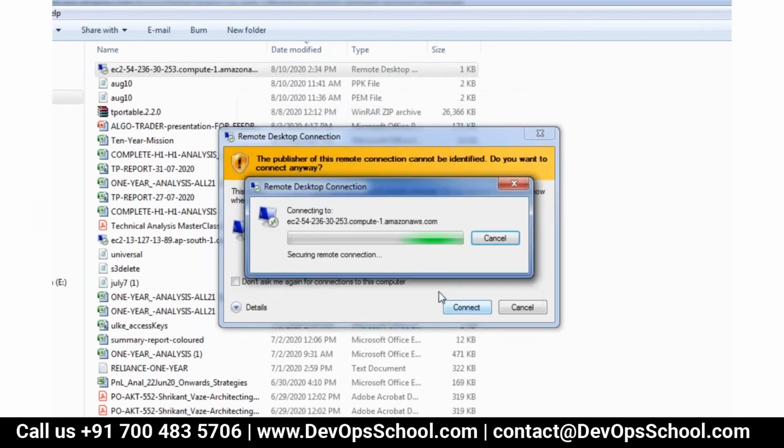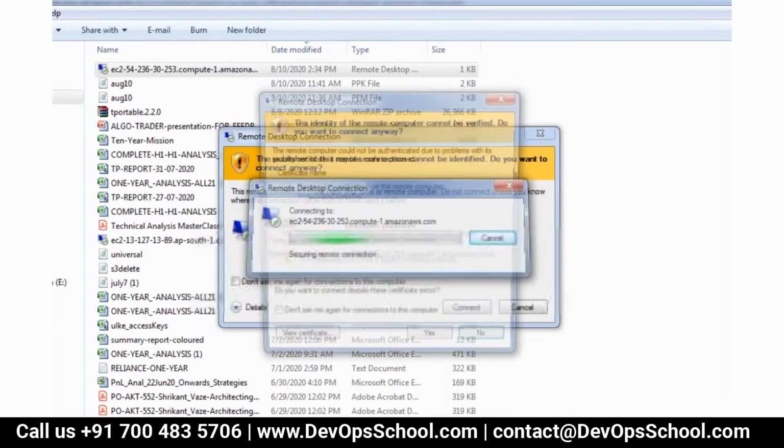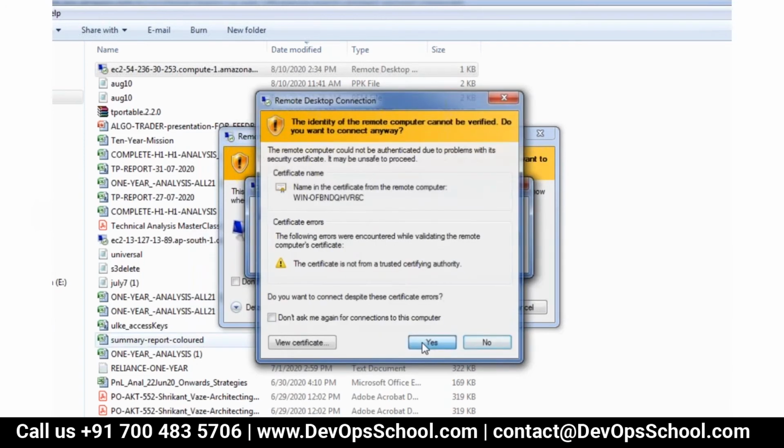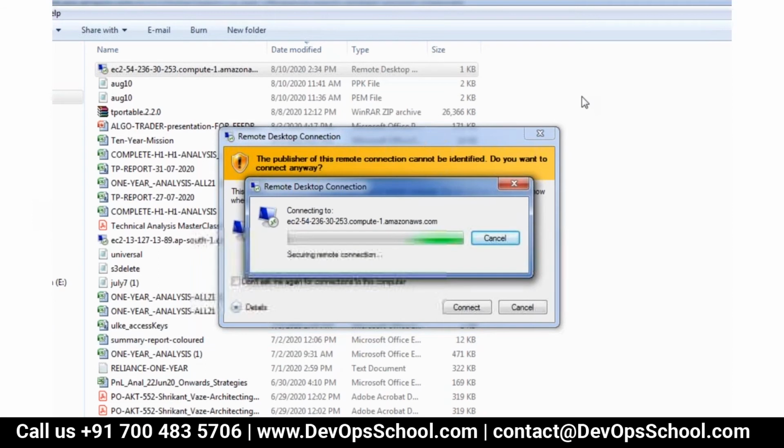And just cut paste it. Okay, I'm just configuring the first time.